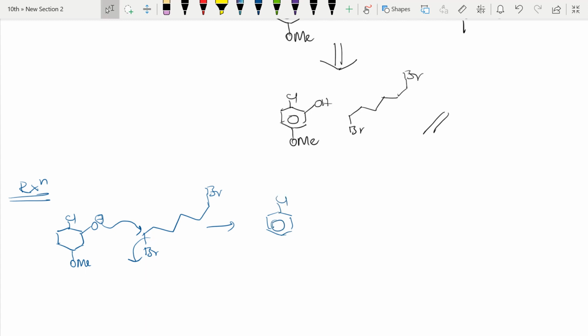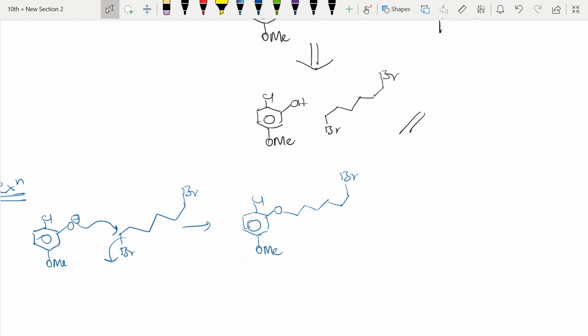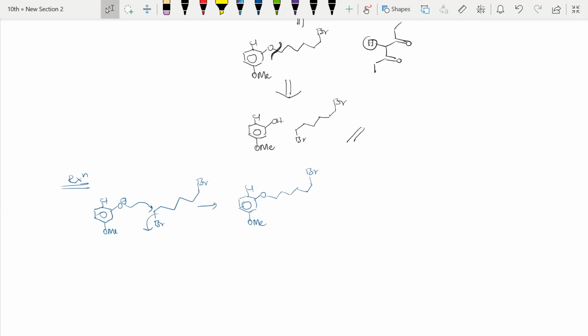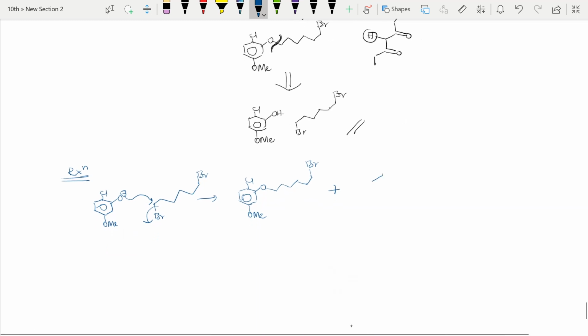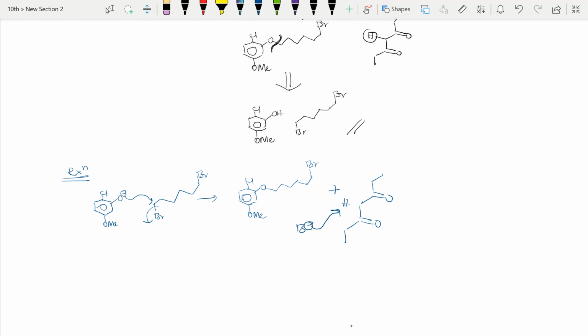So it is a benzene ring. Here I have not shown benzene, so let me show it here, right? So here O is there as usual, CH2, CH2, CH2, CH2, CH2, and CH2, now Br. The next reagent, which I have taken above, that I have to see. So the next reagent was this one: CH2, CH2, CO, CH2, CH2, CO, CH2, CH3. This proton was acidic, so I have taken base in the solution. So it takes this proton. Once it takes that proton, this carbon gets negative charge. So here again it goes into reaction, and this leaves the system, right?